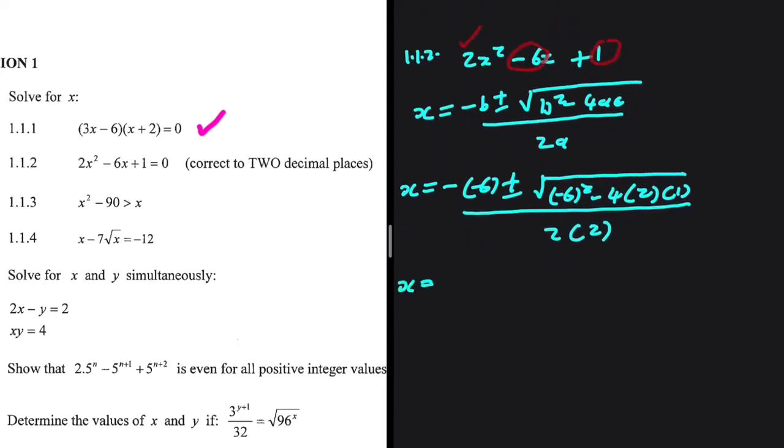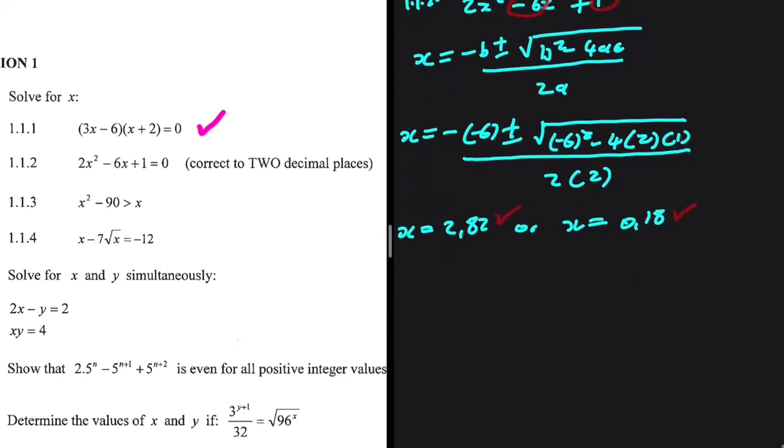X will be equal to 2.82, or x will be equal to 0.18. These are the values of x correct to 2 decimal places. Quite an easy one. We're just substituting in the quadratic formula. Let's take a look at